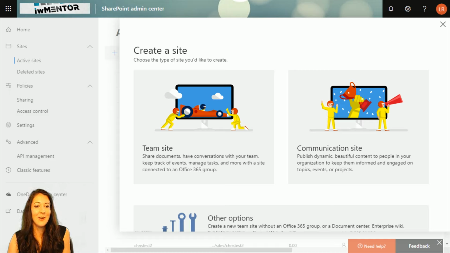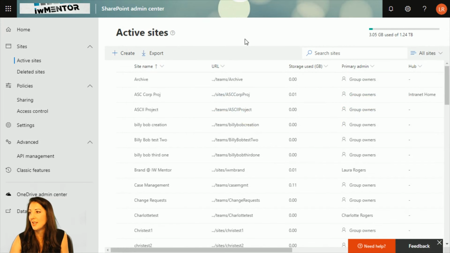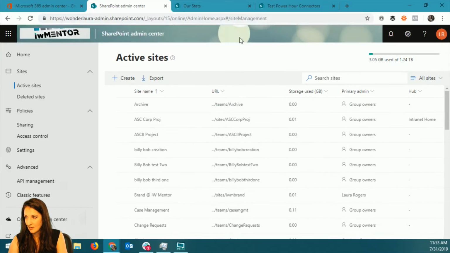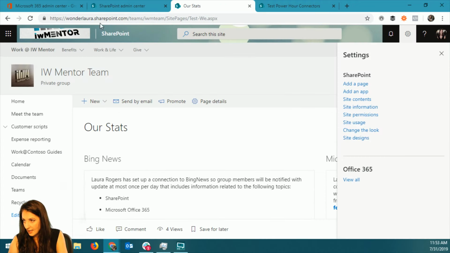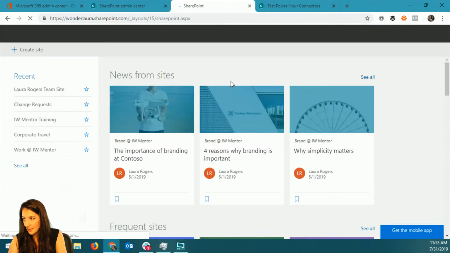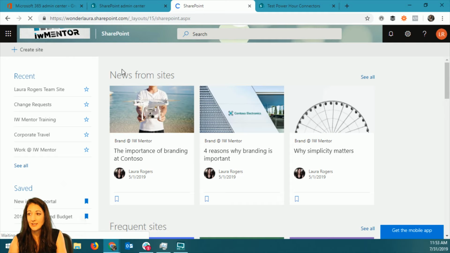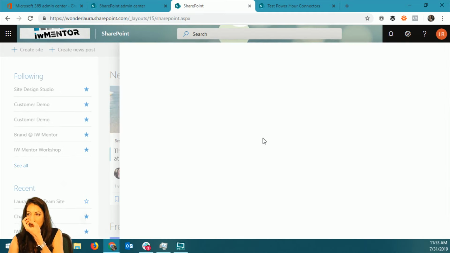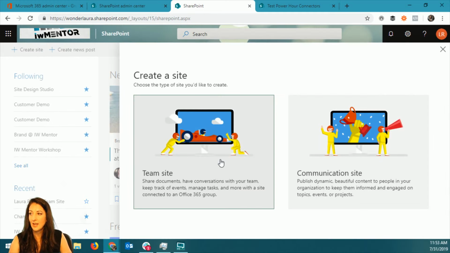So yeah, let me go back to the chat window. That is a great question though. So there isn't a difference, Stuart. And that's also the same thing when you click create a site and you choose team site here. That's the same thing as an end user going to SharePoint up here and clicking create site, they get a team site that's also